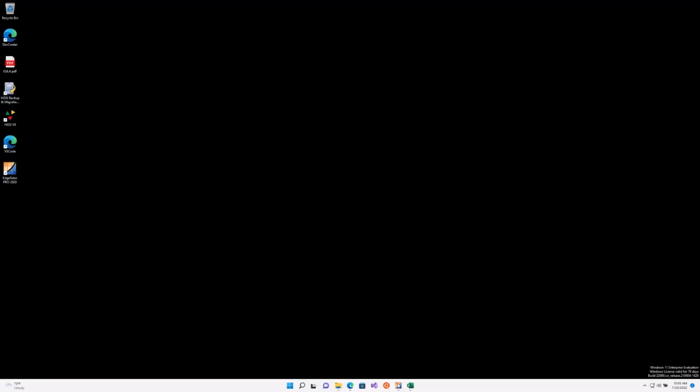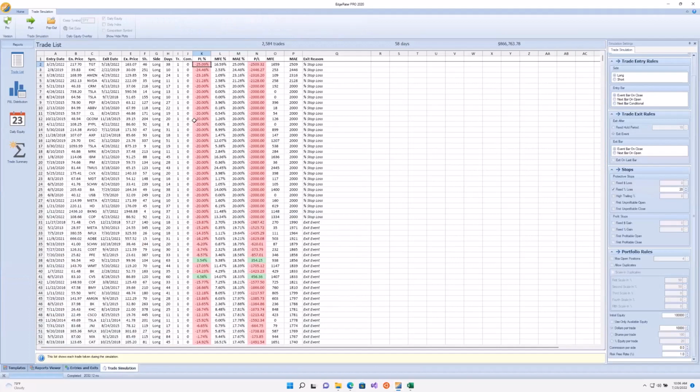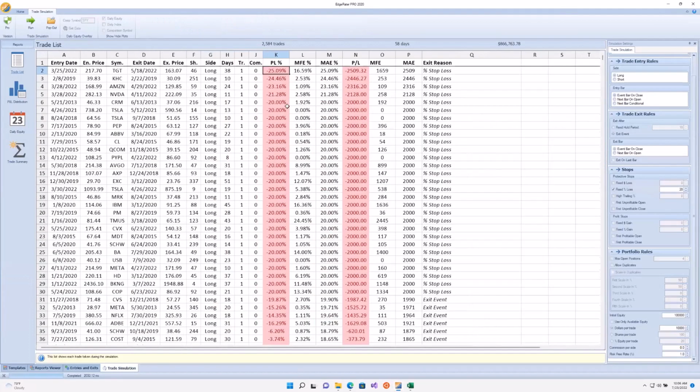So if you have questions about what the different things mean, we have regular webinars and you can ask or send me an email. These are very common with backtesting, so the things are pretty obvious. They are entry date, entry price, symbol, exit date, exit price, number of shares, side (long or short), number of days held, and number of trades, currently only one, but it's possible to set up a system that has more than one trade